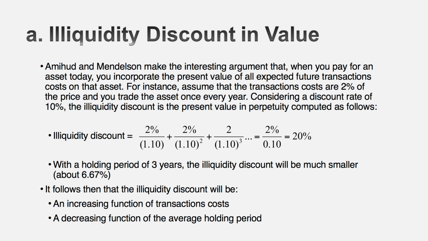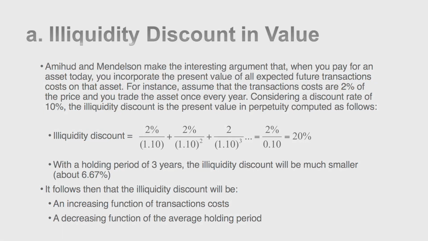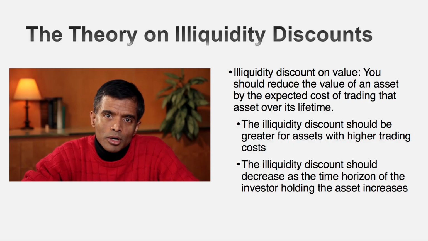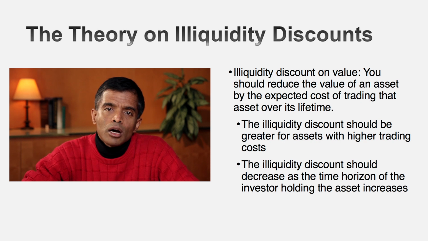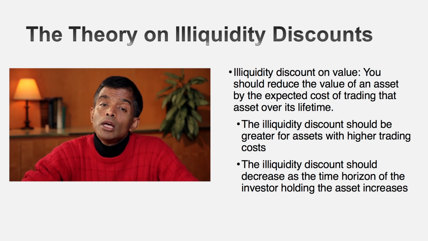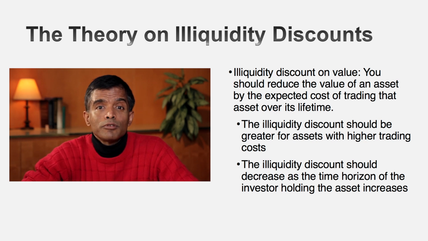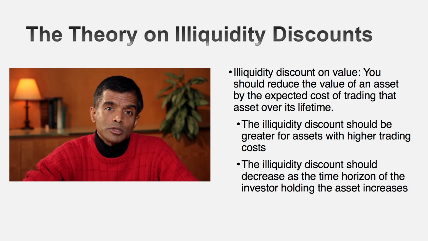So if you're going to have one trade every year, it's a 2% cost each time, that'll create an illiquidity discount of 20%. Now, if you trade only once every 3 years, that discount drops to 6.67%. And that raises a very interesting implication about illiquidity discounts. They should be larger for investors with short time horizons than long time horizons. They should be larger for assets with higher transaction costs, real assets, real estate for instance, than with assets with lower transaction costs. So essentially, it's at least a simple rubric for thinking about why liquidity discounts might be higher for some businesses than others, for some investments than others.